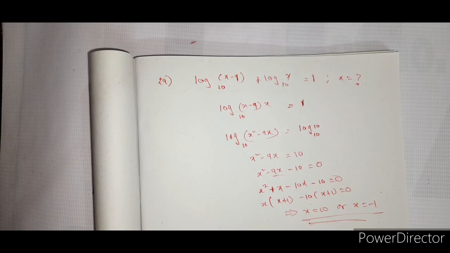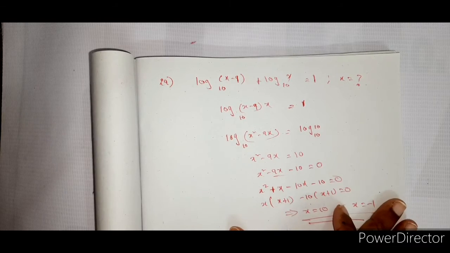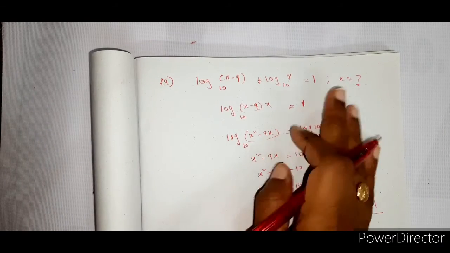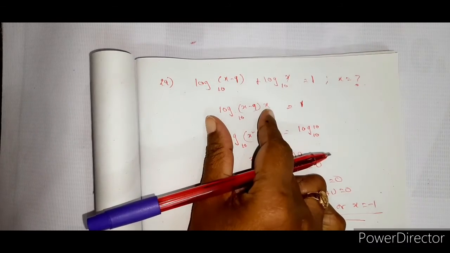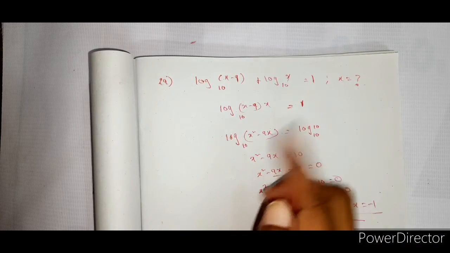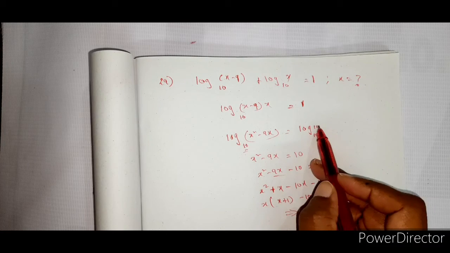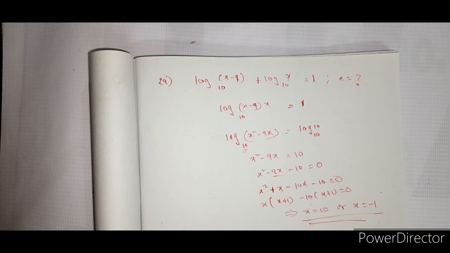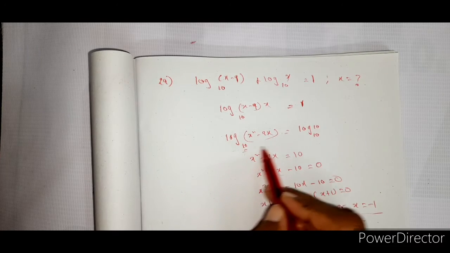Beautiful problem. Really a problem worth doing and worth learning. What is the difference that you have seen from all other problems? Till now we didn't do such kind of problem, isn't it? Here you have a log value, here you have a non-log term, and that is 1, and here you have base 10. So I am converting 1 as log 10 base 10, is 1, isn't it? Log a base a is 1. So in place of 1 I am writing log 10 base 10. This is the only twist in this.